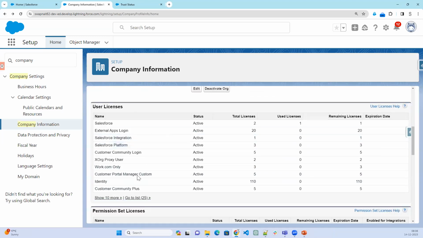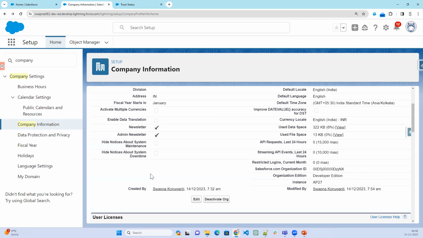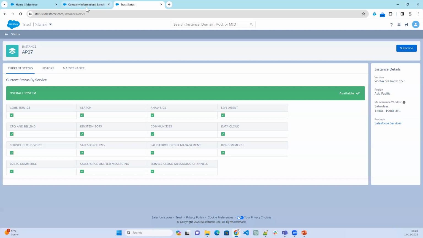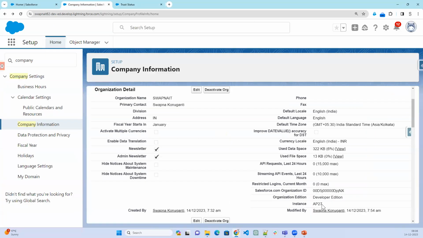Similarly, you will have licenses here. That part we will see later. So this is all about the company information. In case your org is not working, now we know that AP27 is an instance. In case it says there is maintenance going on, or whenever you log in, the org is not able to log in,